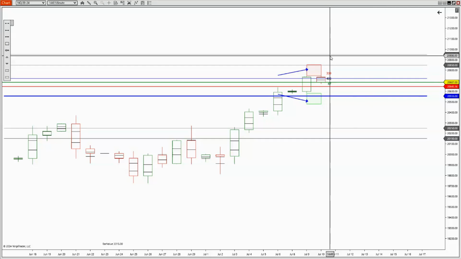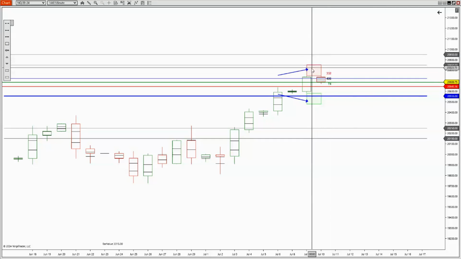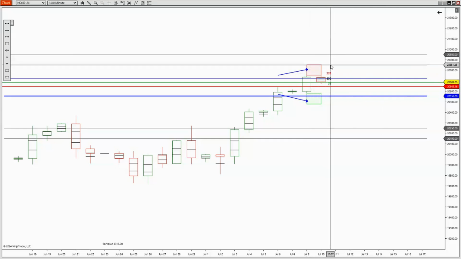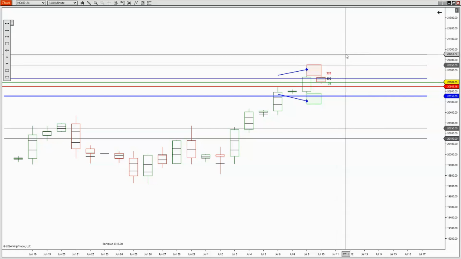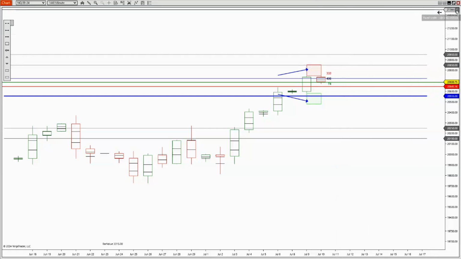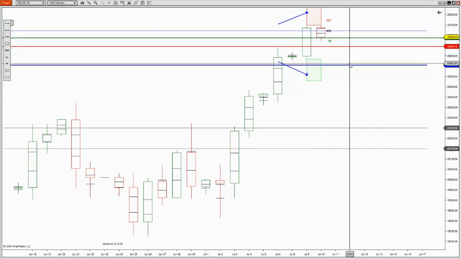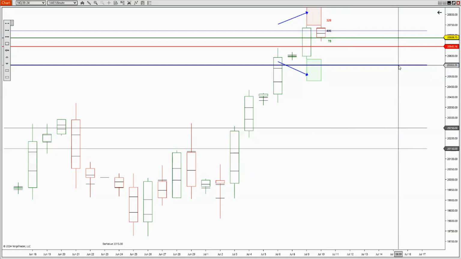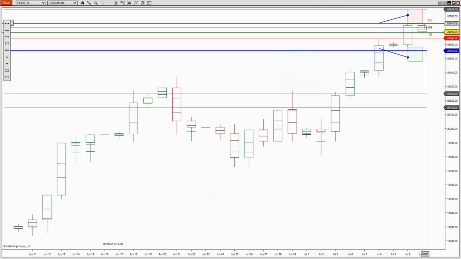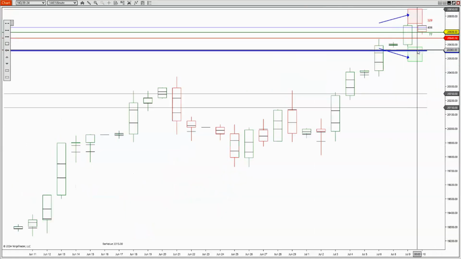So they may get up to here, just not today. I don't think they're going to close outside of this zone today. I doubt that. But up here at the 85, 95, that's where they're potentially going to head. If not, they're going to come right back down here to this 55. They're going to rotate back down. So you can be on the lookout for either. And they're kind of sitting in the middle right now.